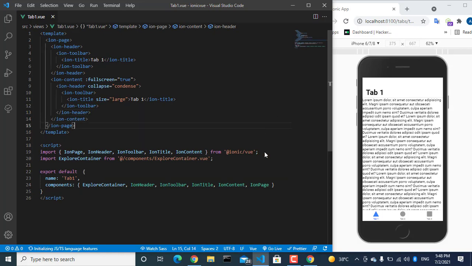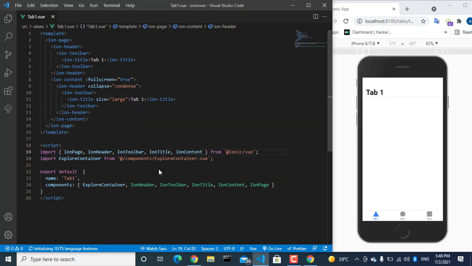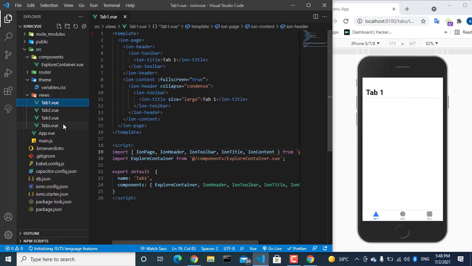And here we import the components from the IonicVue package, and we register them here as components. And why we do this is in order to use the directives of Vue tools like v-model, v-if, etc. We need to import them, and it's also a best practice. So let's go to the tabs with Vue,